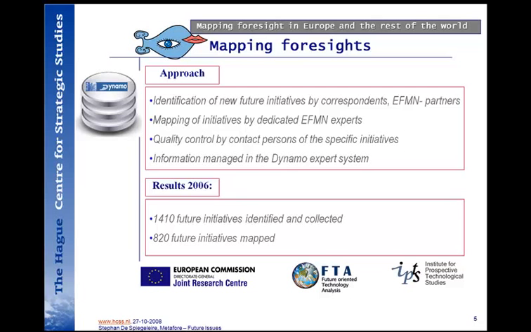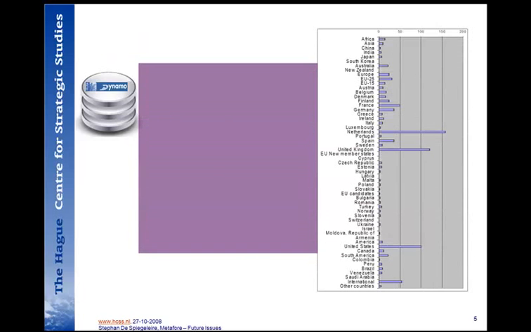So in 2006, for instance, they had about 1,400 exercises in there. And they do that according to a certain protocol which all participating institutions follow as they enter new foresight exercises into the database. You see here a little bit of the distribution. There's obviously selection bias in this data set. TNO, which is our mother